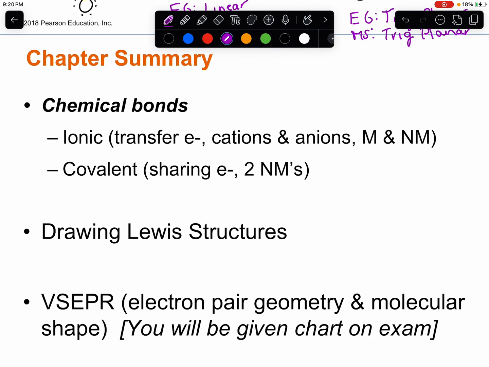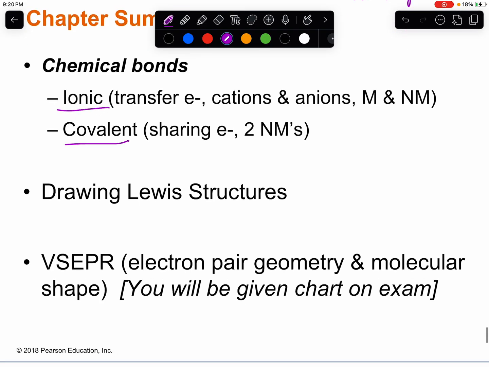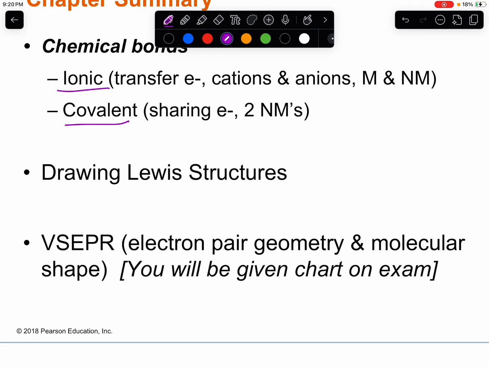So our summary of this chapter is we learned chemical bonds. Make sure you understand the properties of ionic and covalent, and I shared a couple properties here. Make sure you know how to draw Lewis structures very comfortably because you have to be able to do VSEPR, and I will give you that chart on